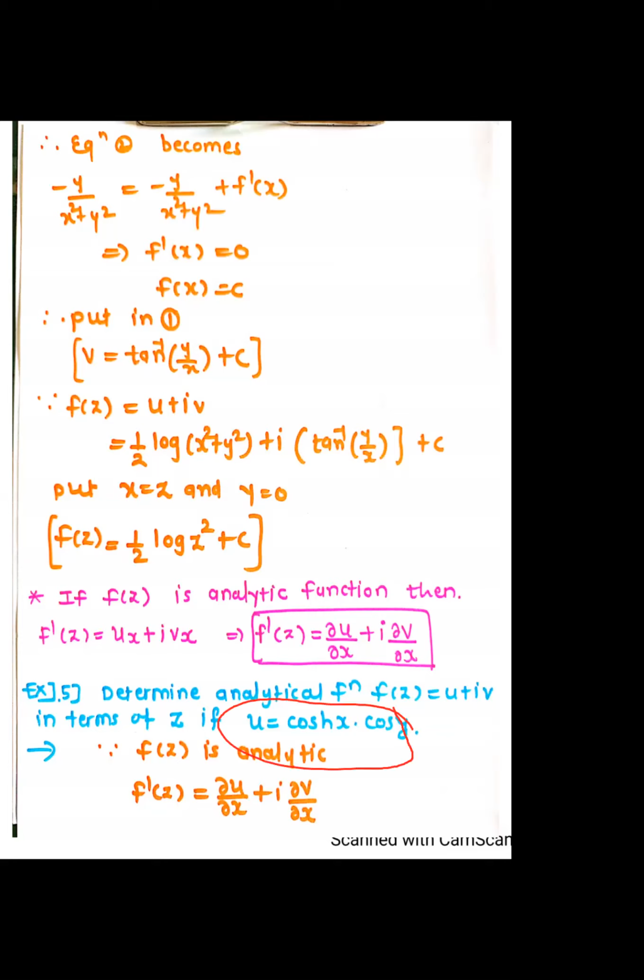And the question is not to find v now. Directly f of z we have to find, right? So for such a type of example, we'll have to use f dash of z. समजलाय, theorem केव्हा यूज करायचा आहे? जेव्हा डायरेक्टली f of z विचारलेला असेल, not v. Is it clear the statement of the theorem?